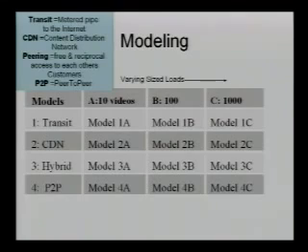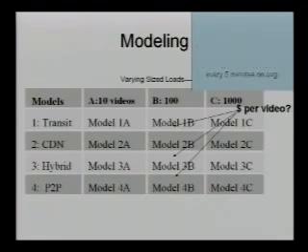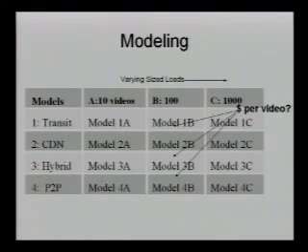Across these different models, I applied a small, medium, and large load model, meaning what would it take to do a small load model defined as 10 videos being downloaded every 5 minutes. A medium load model is defined as, on average, 100 videos being downloaded every 5 minutes. And a large load model is defined as 1,000 videos being downloaded every 5 minutes. And the end result is a dollars per video matrix that you'll see coming up here for each one of these models. Now, for sake of time, I'm actually only going to be talking about the large load model, but